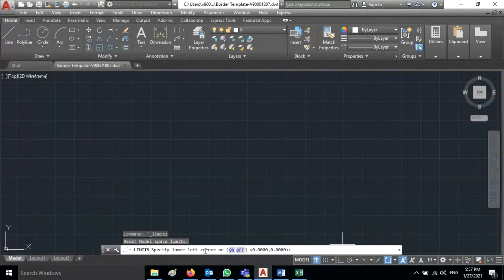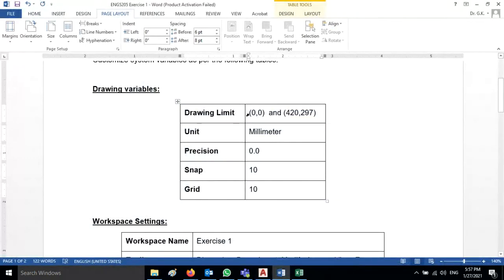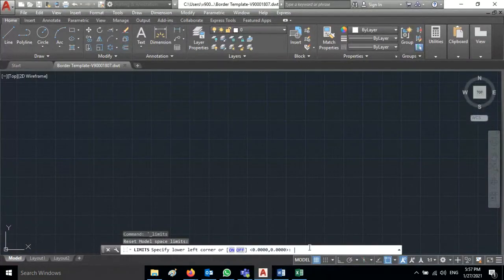Here you can see specify lower left corner. What is the value for the lower left corner? 0,0. We already have it. If you want, you can also type 0,0. It's a standard, just without space, 0,0. Enter. Then it will ask you to specify upper right corner.